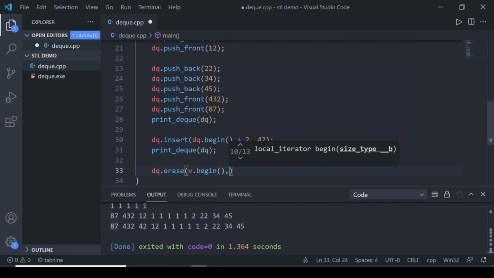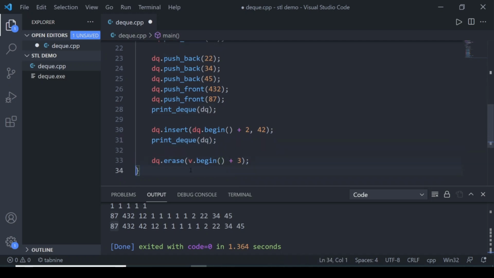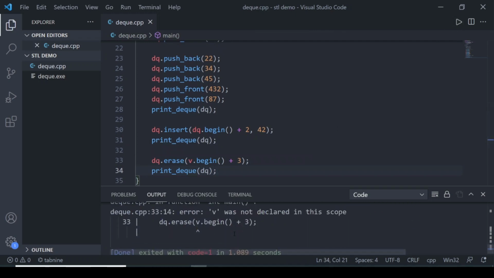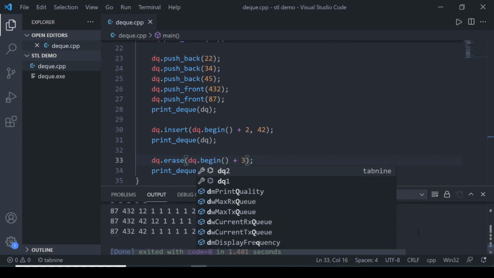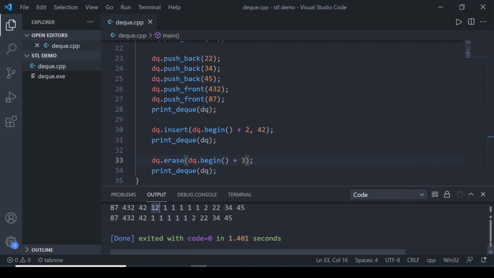If you pass this iterator, then it will erase the 12. So let's quickly see that. Okay, so you can see that 12 has been successfully erased.